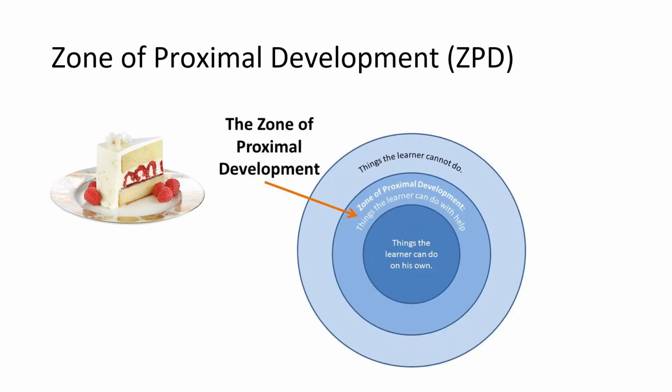The zone of proximal development, or ZPD, for English learners is like a sweet spot for learning. It's the space between what they can already do independently and what they can achieve with support. Now imagine someone learning to ride a bike. They can't just jump on and go, but with encouraging guidance and a helping hand, they can take wobbly steps towards